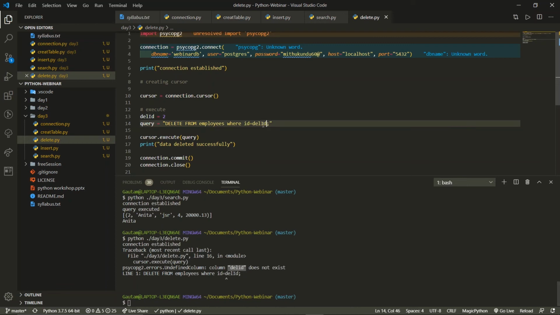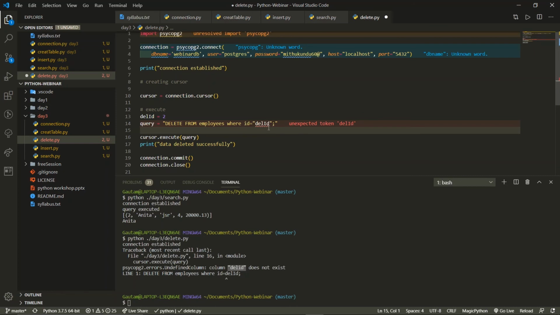So now to use this variable, we need to use the single quote and double quote that we used. We will close this double quote over here, and we will again bring this double quote over here. There is some unexpected token del id.